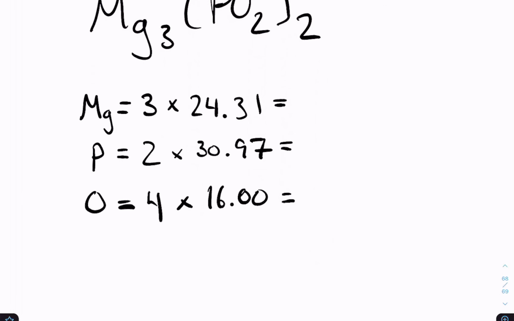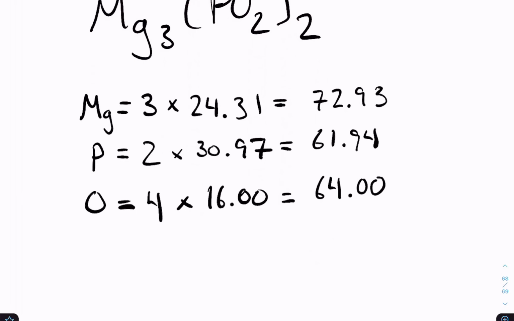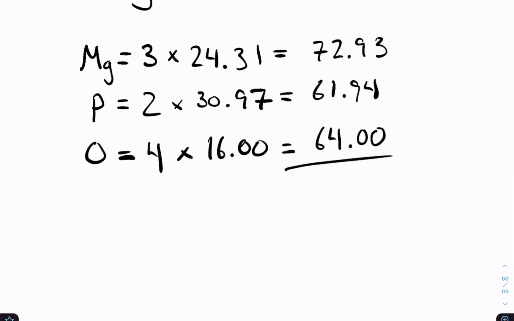So 24.31, 72.93, times 16, 64. And then adding those together,